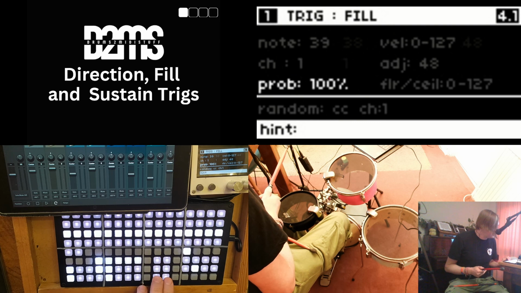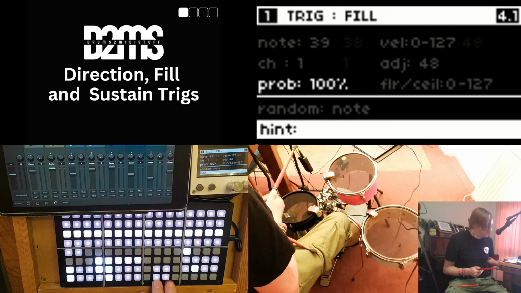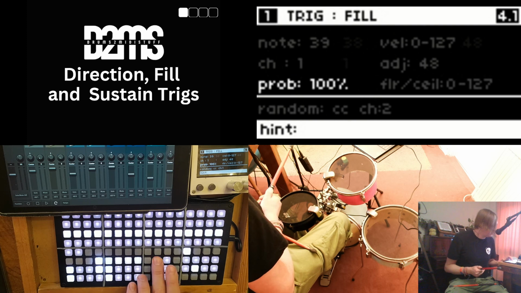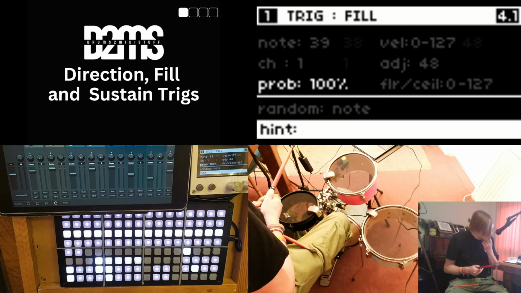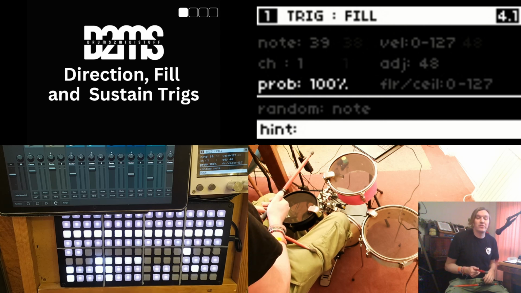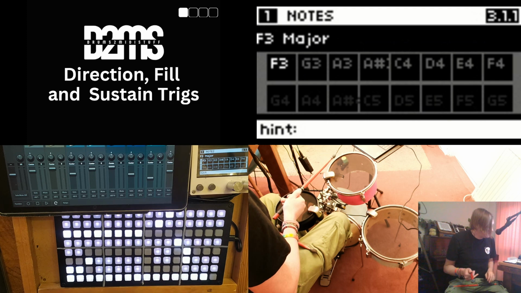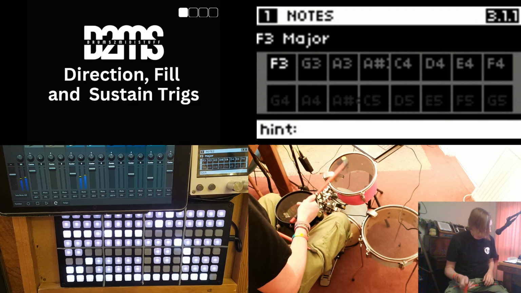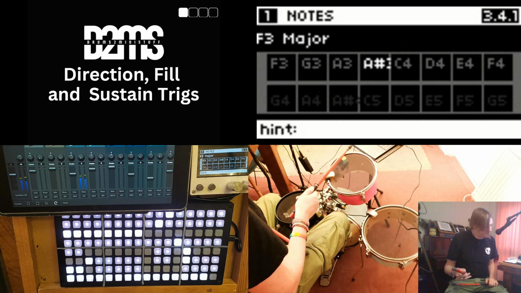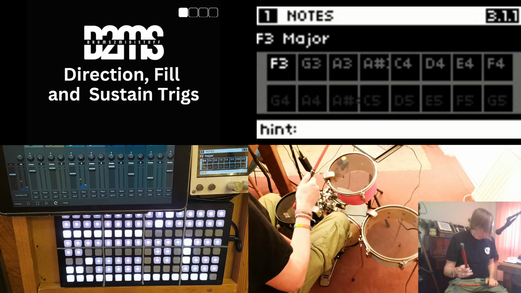And again, you can randomize particular CC lanes rather than notes by actuating the bottom two and then picking your CC track lane using the top two. But I'm just going to turn that off for now. We're just using the note lanes to explain the concept. At the moment that was our default, but if I hit our actuator,